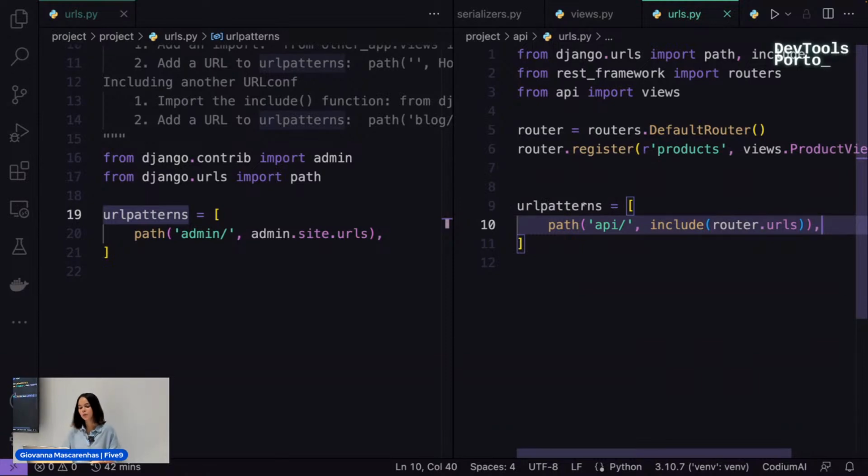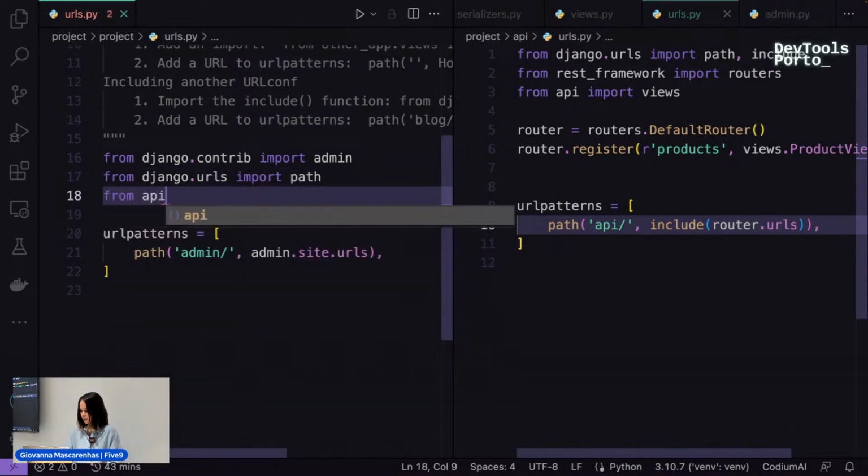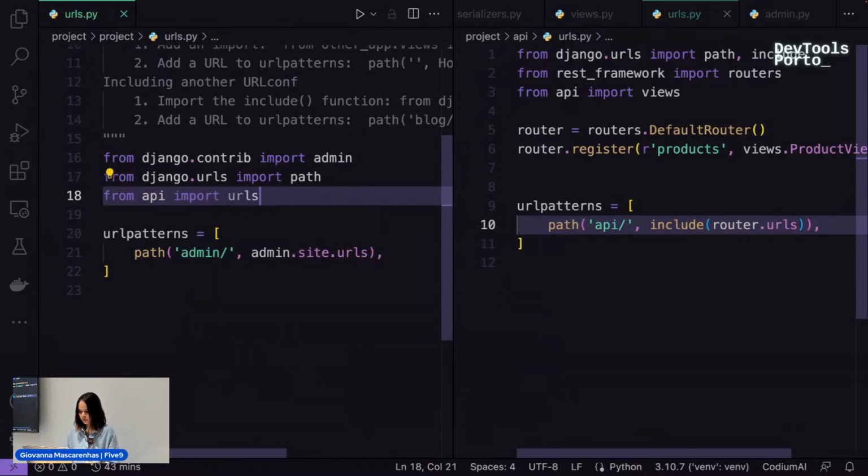Okay, now we need to tell to the project what we created. So here I'm gonna import, so from API import URLs as API URLs.